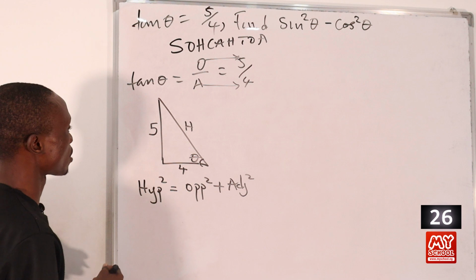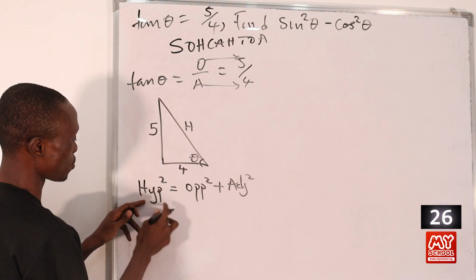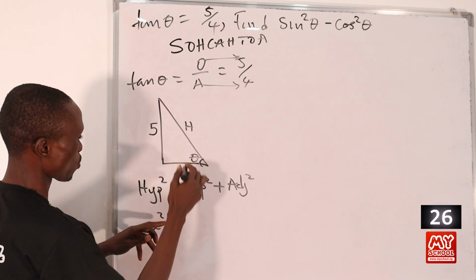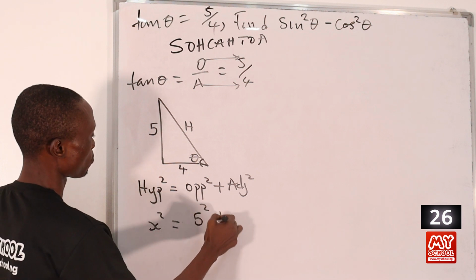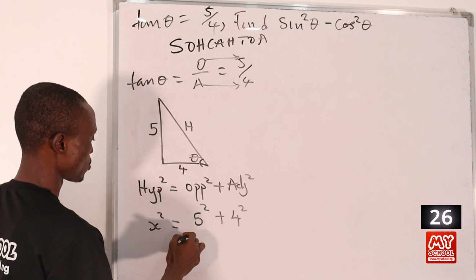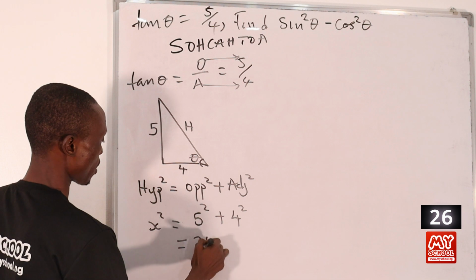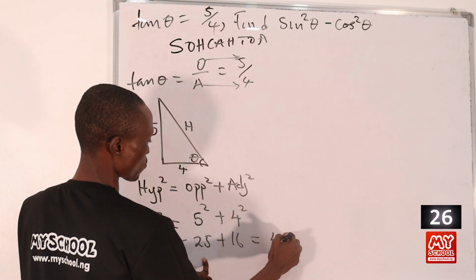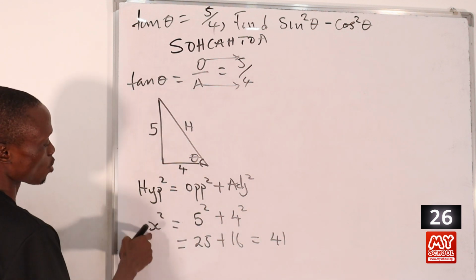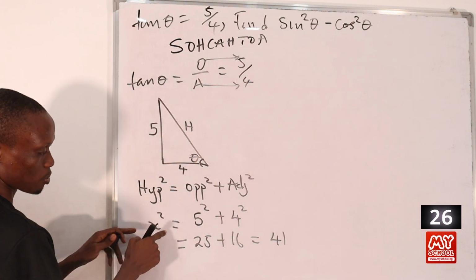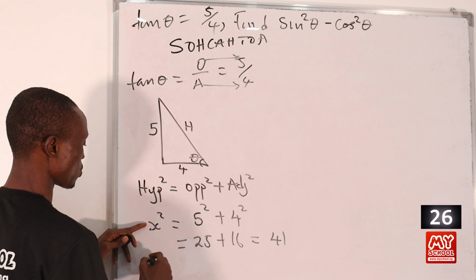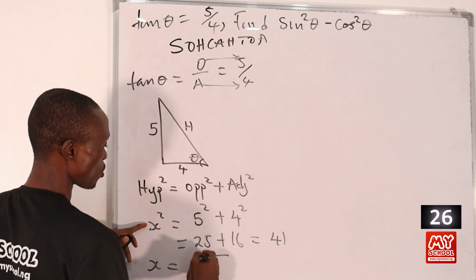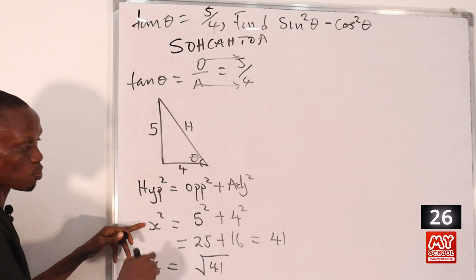So let's fill in our values. Here, let's replace this with s. So s squared is equal to 5 squared plus 4 squared. So this will be equal to 25 plus 16. If we add these two together, that will be equal to 41, right? But we are looking for the hypotenuse, not hypotenuse squared, right? So in this case, s will now be equal to root 41,